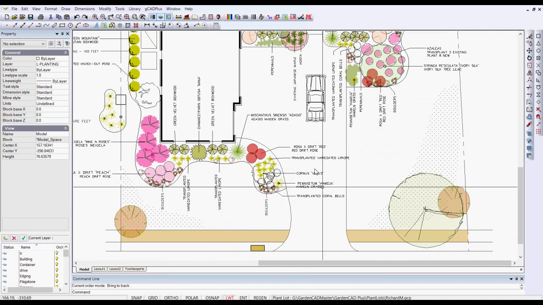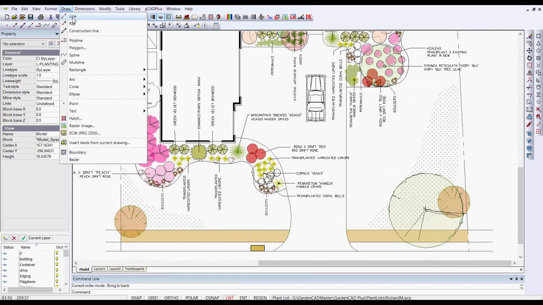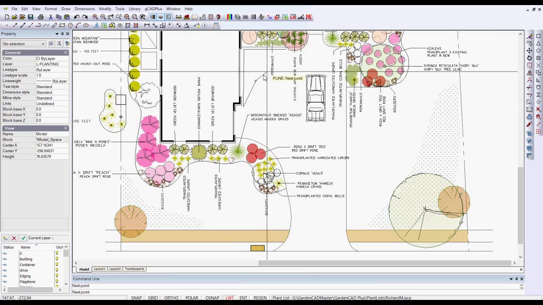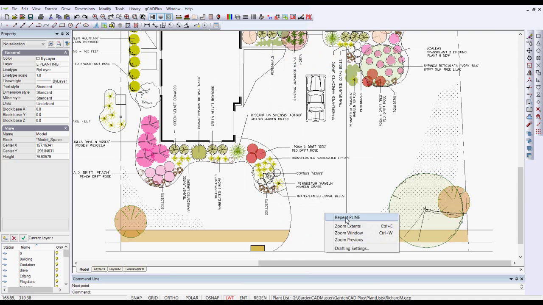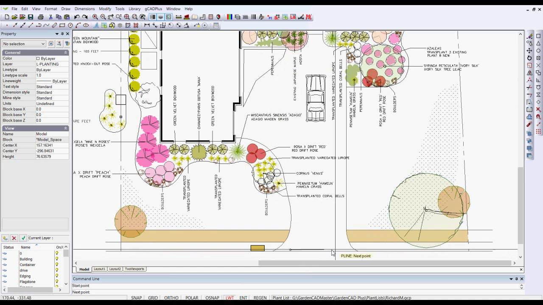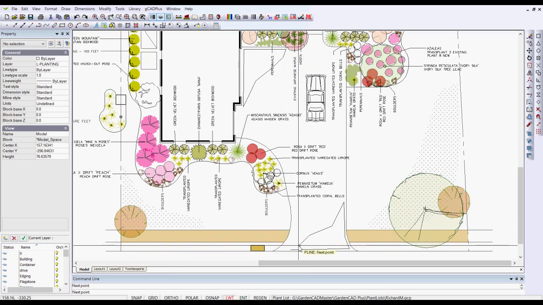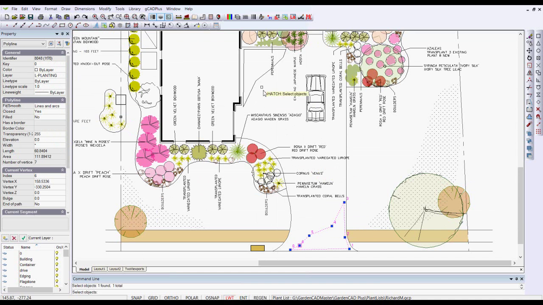If you wanted to indicate that this was to be some brick patterning, you could again draw a polyline in much the same way, just across there and then down, and then come across, close that. Let's put another zone of brick paving through here like so, and close. It is possible to hatch two zones at once, so it's draw, hatch. We can pick both zones,